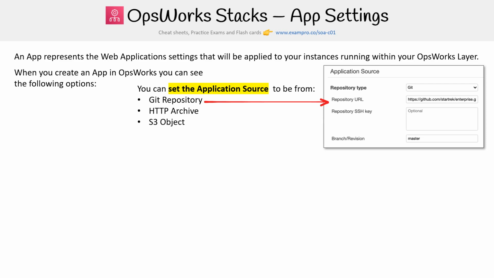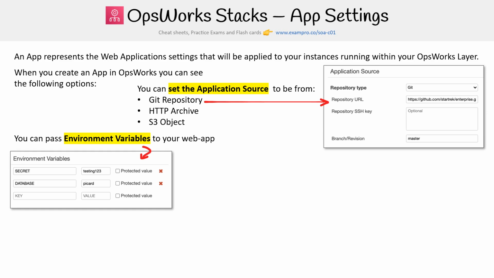So you can go down there and drop that in there. You notice for Git, you can choose the branch and you can provide an SSH key to authenticate. Then you have the ability to pass environment variables to your web app. So here you just put in your key and your value, and you can checkbox it on to be a